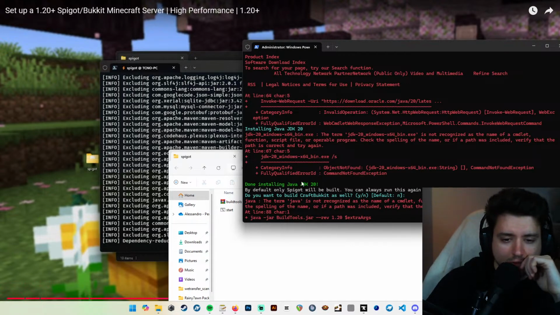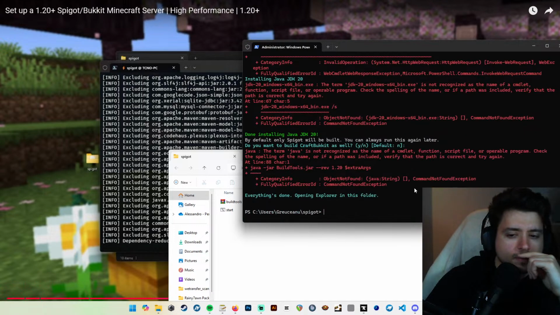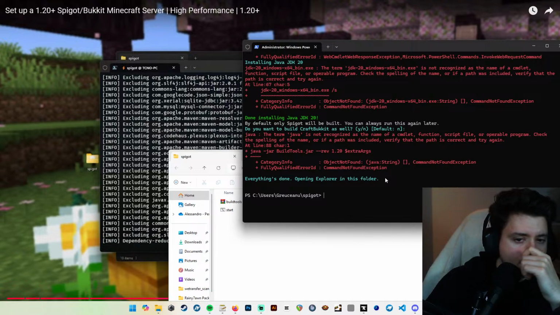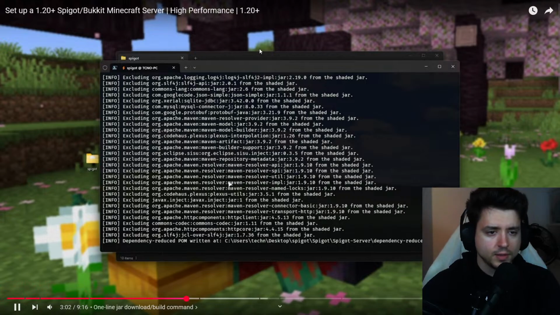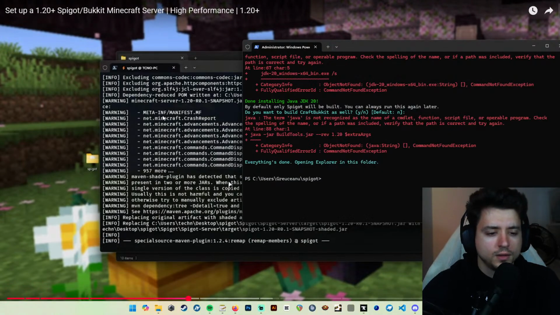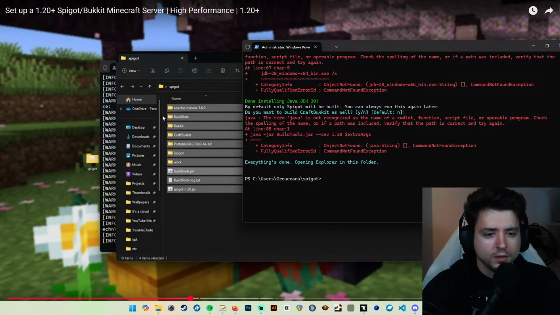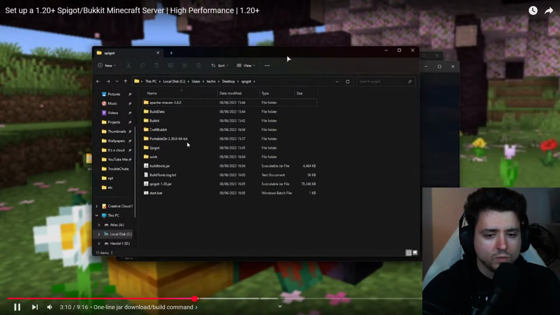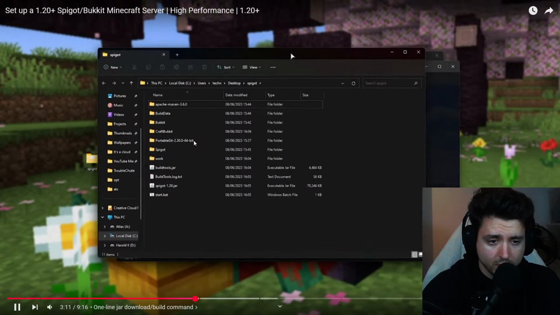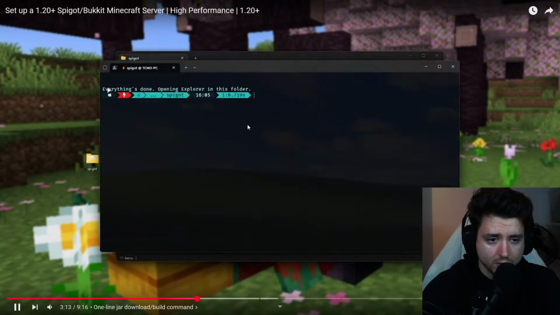Okay, so it installed, I guess. Let's see. Use this and get CraftBucket to build later. You can run the same command, choose Y, and as long as you leave all of these extra files here, the build process should be a ton quicker. Alright, so now that it's done, it'll open up our folder here, and it'll also tell us everything's done,